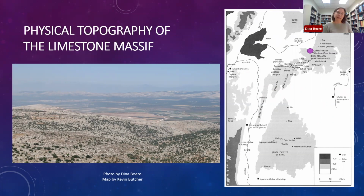To understand the significance of Simeon's columns, we must look beyond the site's immediate architectural configuration to the topography of northern Syria's limestone massif, and more specifically, its religious architecture. So let me introduce the physical topography of the limestone massif. The limestone massif is located in the northwestern corner of Syria, and it's characterized by plains divided by broad stretches of limestone hills called in Arabic